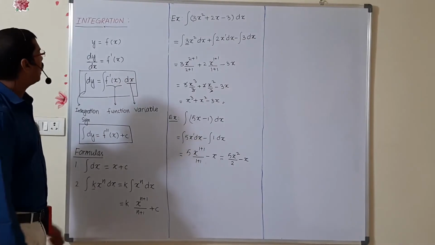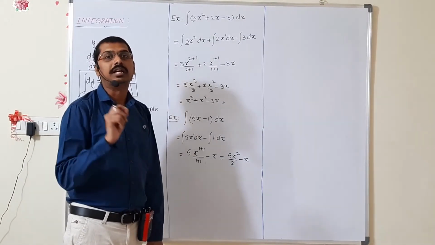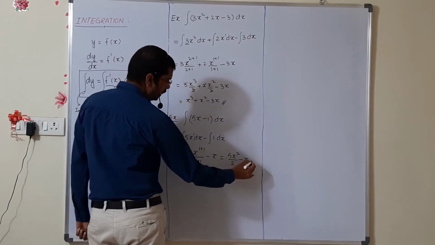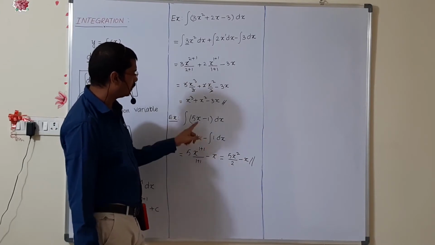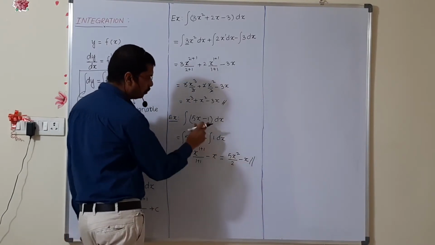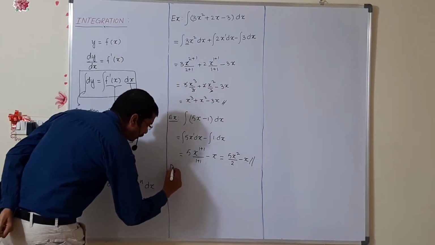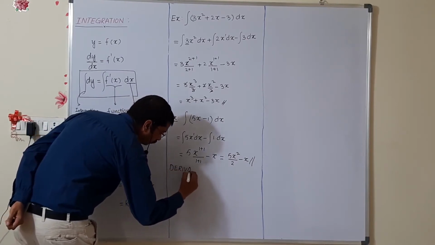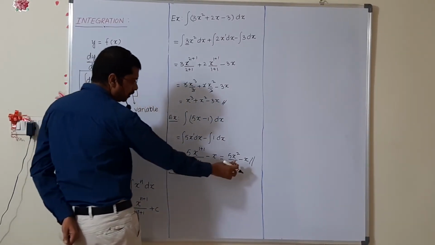Again, I already told you before beginning this that it is a reverse process of differentiation. Here the final formula we are getting, this is the final formula. By using this value we have to get this equation. Means by using this process, we have to prove this. Now we can take derivation. I will explain how it will be reversed.